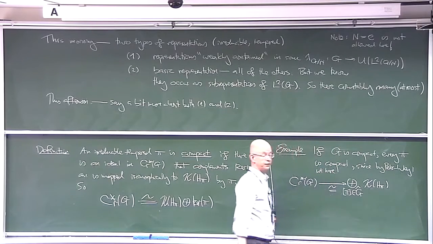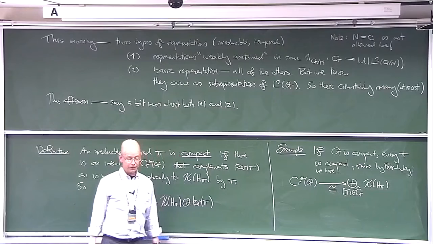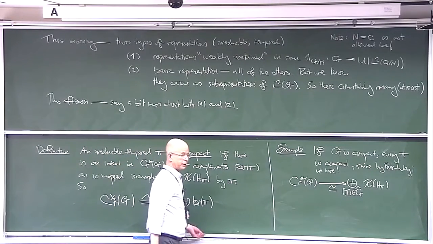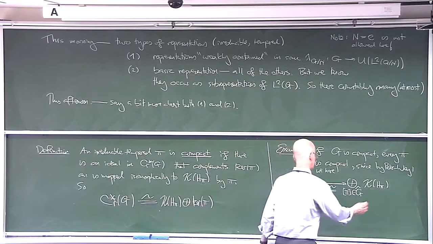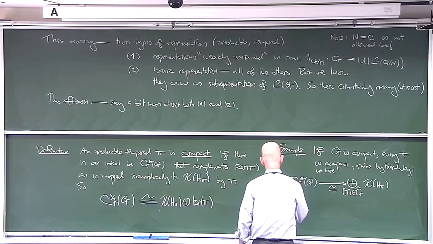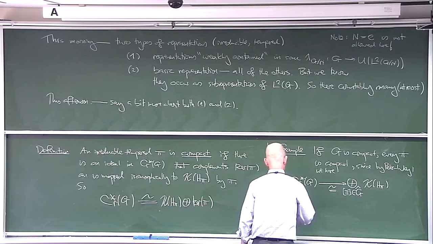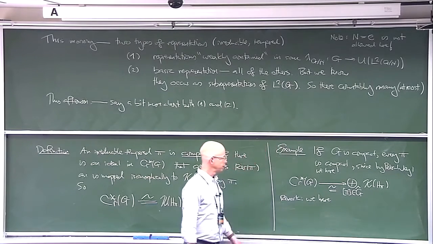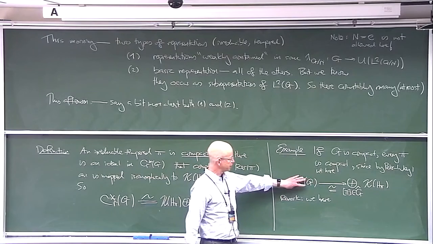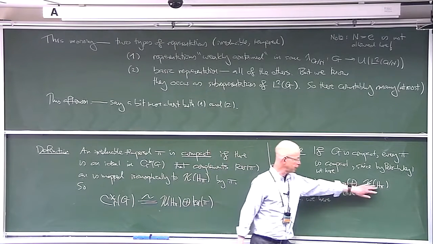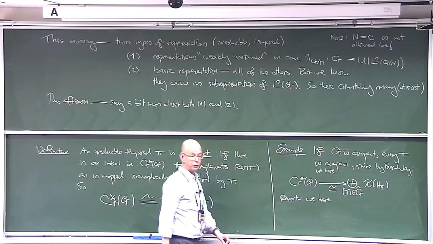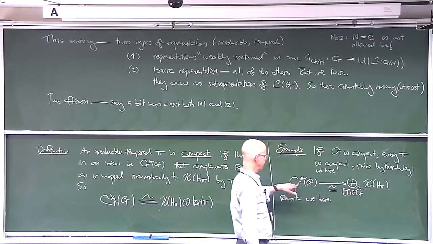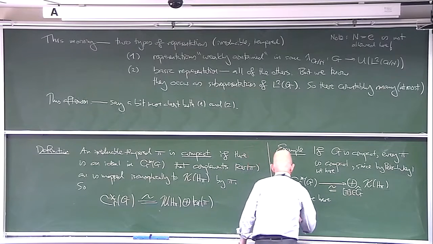So in a slightly different version, the C-star algebra version of the Peter-Weyl theorem says this. Just by the by, this C-star algebra is mapped via pi onto the compact operators on H pi. There's also a map in the other direction which embeds this single summand back into here, and there's a well-known